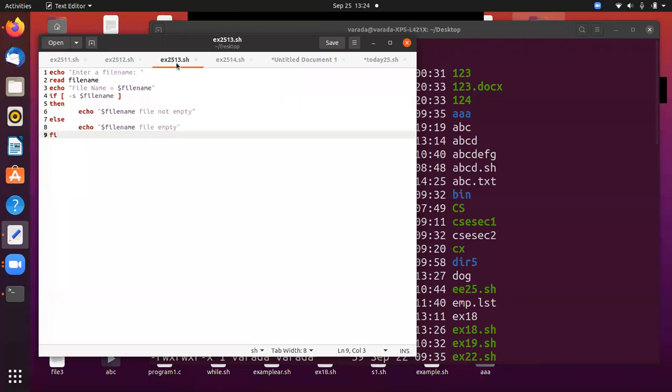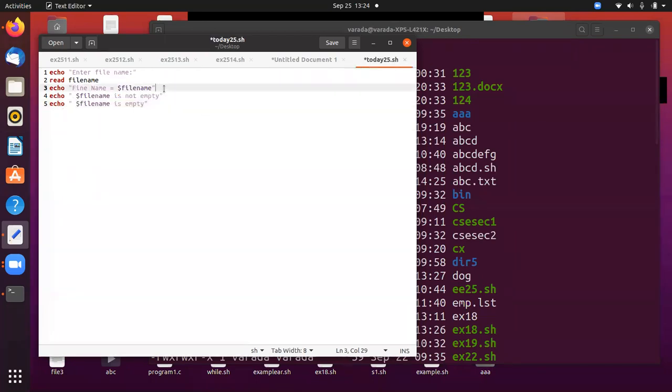Okay, how can we do that? By using the hyphen s. If -s file name, then you are going to print file is not empty.